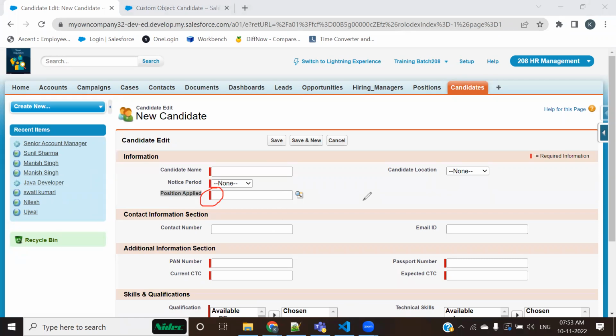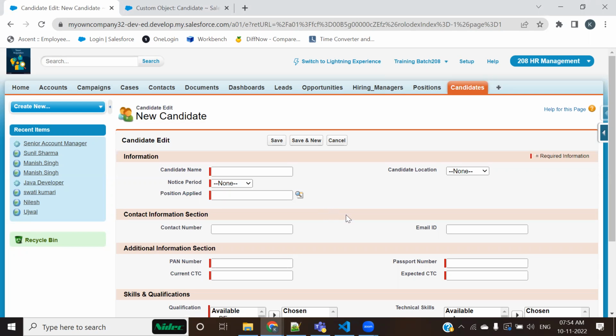So when you create a lookup, that is non-required. But when you create a master detail, that is a required field. Inside a lookup relationship, having a parent is an optional entity. For a child record in a lookup relationship, you may or may not associate it with the parent. It's okay. But when you have created a master detail relationship, and now you are creating a candidate, a child record, you have to have a parent for this. This record must be associated with a parent. So this is a point of difference between lookup and master detail.